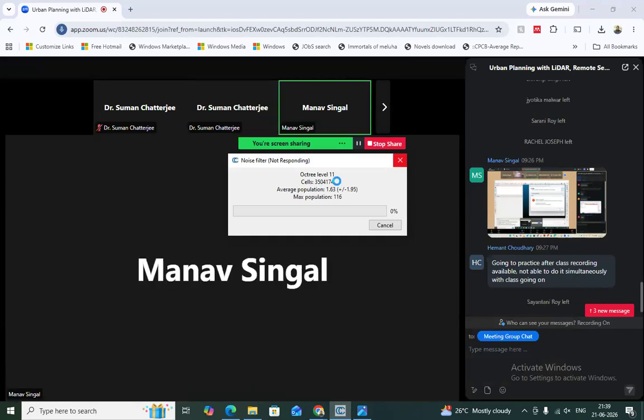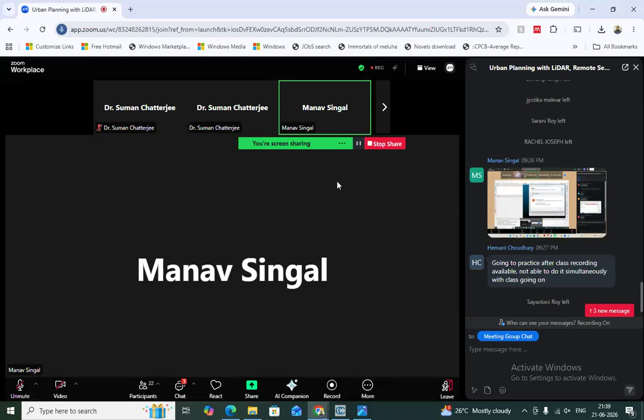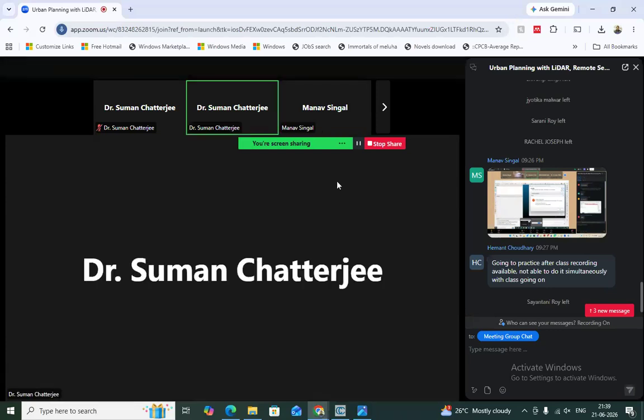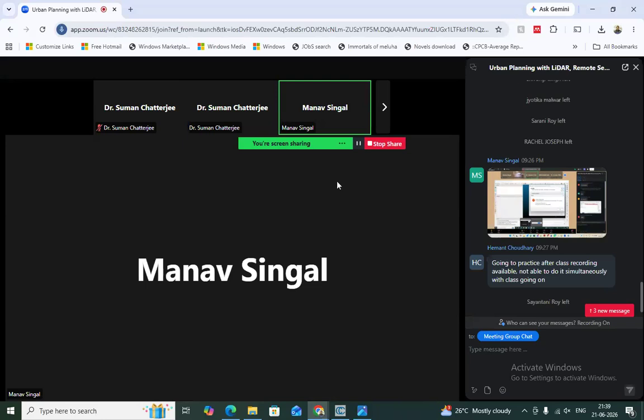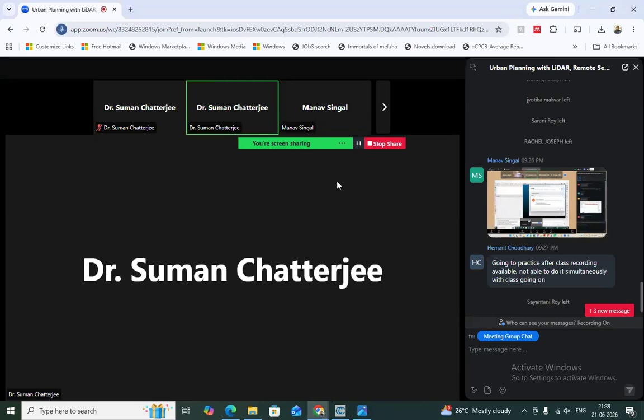What is the preferred tool? Like, do we go for CloudCompare or QGIS? See, both the tools are capable of doing things, but I think LASTools is much more comprehensive than CloudCompare. CloudCompare has some limitations. It can definitely produce raster layers, and for noise clearance and filtering the outliers you can use this, but for creation of a digital elevation model and digital surface model, LASTools is better.